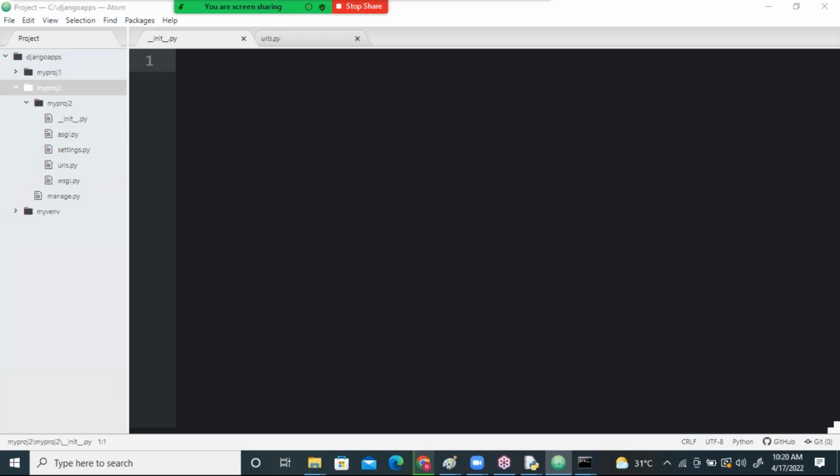In the project folder, one more inner project folder will be there. In the inner project folder, you will see... sorry, it is not in the inner project folder, it is in the outer project folder. If you minimize this inner project folder, is it in the inner project or the outer project? Outer project folder. You need to be able to say, if you have really done that application, what is manage.py, what is urls.py, what is init.py, what is settings.py, what is admin.py,